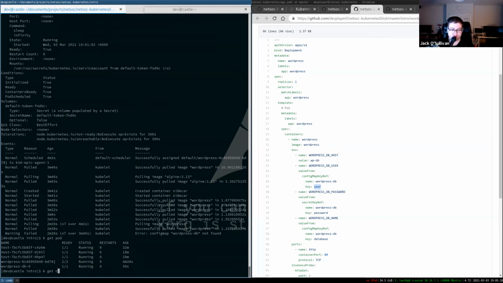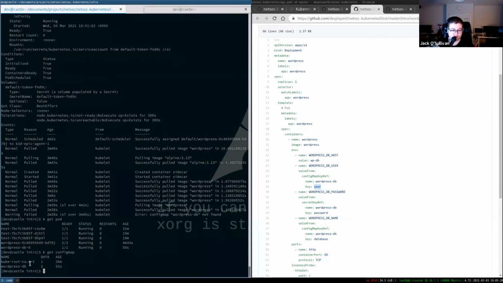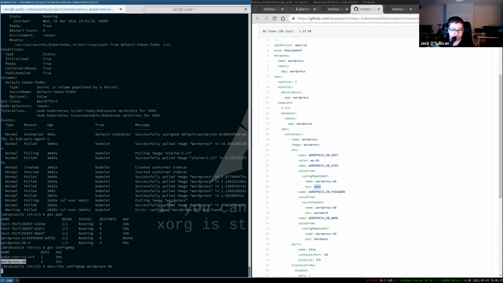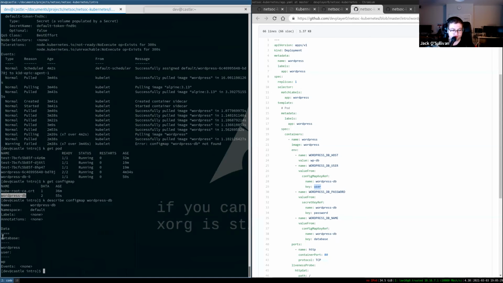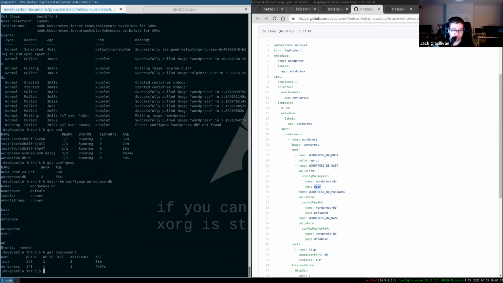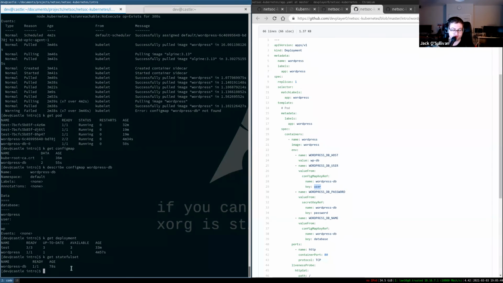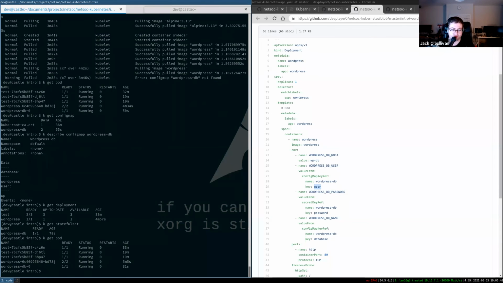Now that we have the config map, we can look at that config map if we want, and the values. There's those database, WordPress, user, WP. So now that that's there, we can see that our WordPress deployment is all happy. And if we do k get stateful set, you can see we've got our WordPress DB. If I go k get pod again, you'll notice that the WordPress DB pod is named differently, and that's because